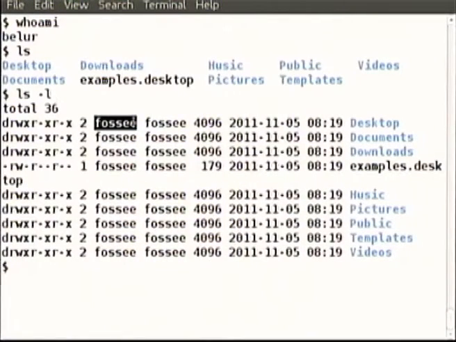Yeah, others cannot do this, and quite understandably, at least execute permission has been given to this directory. That is why some other user could come in here and see all this. Now that person is trying to remove it also, but notice that the Desktop directory has read permission. Of course, it has read permission for everybody in the FOSSEE group. It also has read permission for all others. I, Belur, belong to others. So it will allow me to go to Desktop. Just read permission is not enough. Execute permission for a directory is also required if one has to be able to go to the directory.